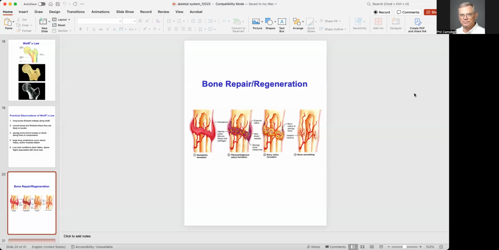So at this point, we have some mechanical stability. They remove the cast, but then over a period of months and years, that bone gets remodeled, and eventually it can be indistinguishable from the pre-injury site, depending on a number of factors. How well is the reapproximation? How stable is it? Blah, blah, blah. All these kinds of things influence it. But it has the capacity to not only repair, but to regenerate, right? Now,